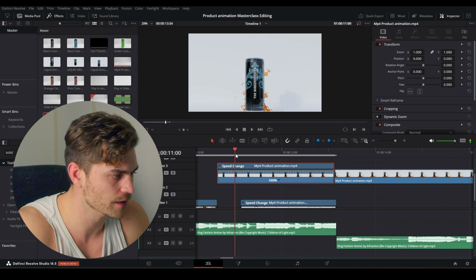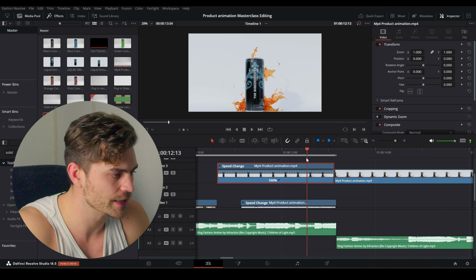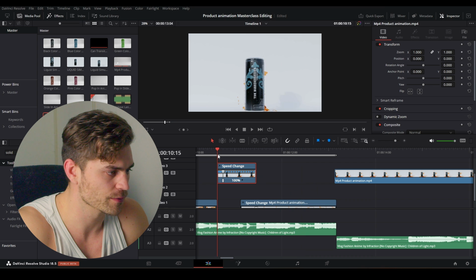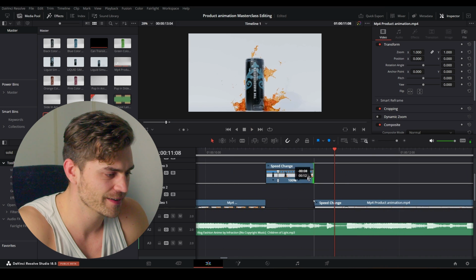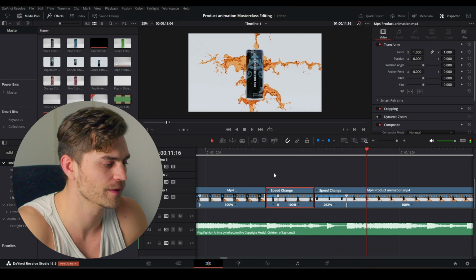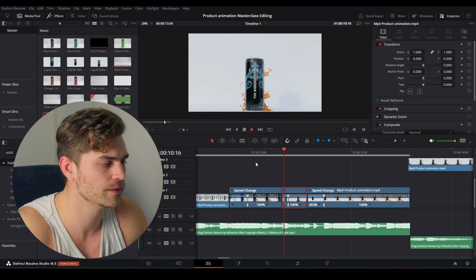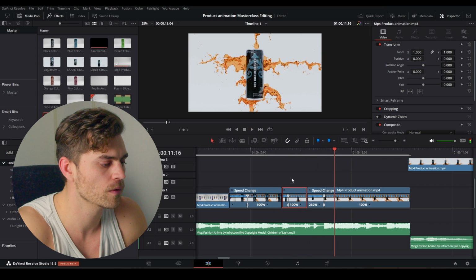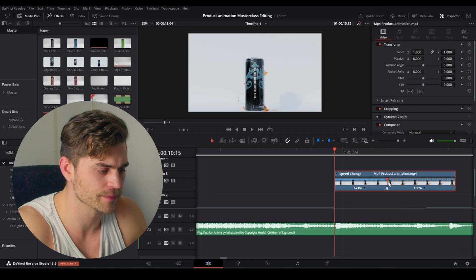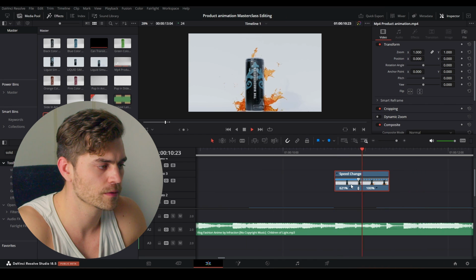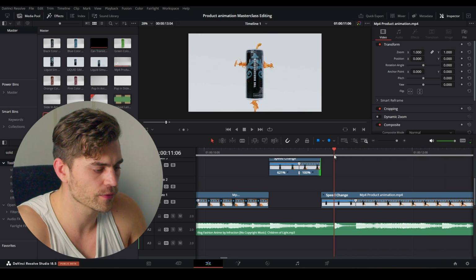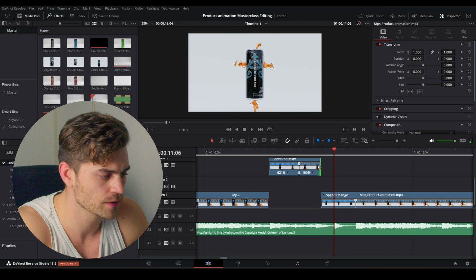Change speed. Actually, all the way until here should be sped up. So we're going to add a speed point and increase it all the way over there. Ooh, pretty cool actually when it's that hard. Looks kind of cool. Maybe it's a bit too much. It's 1400%. And over here there's another snare.